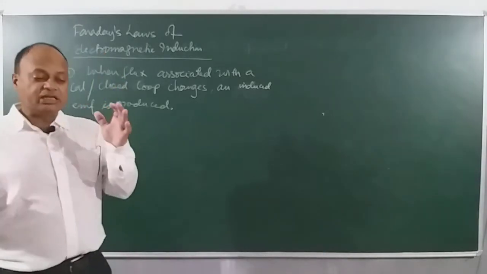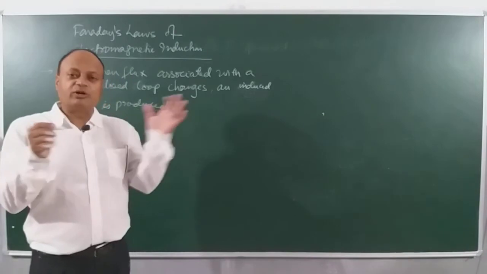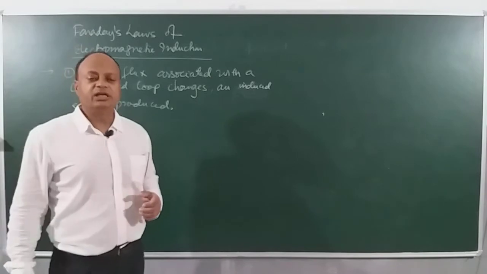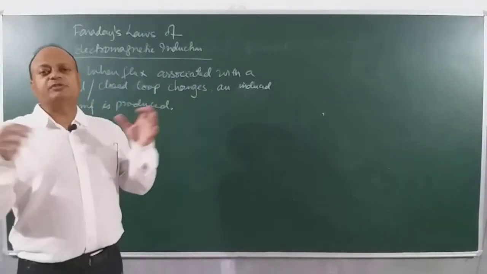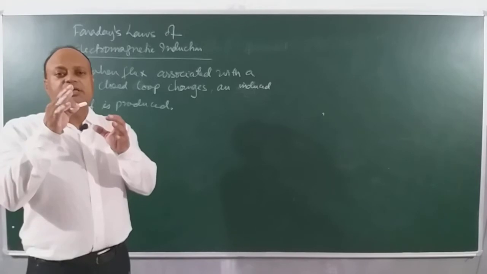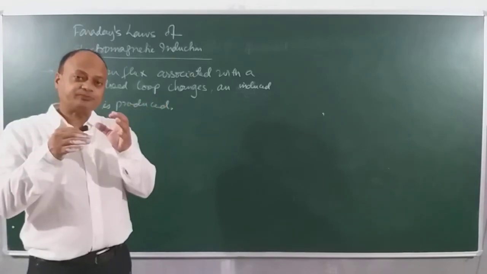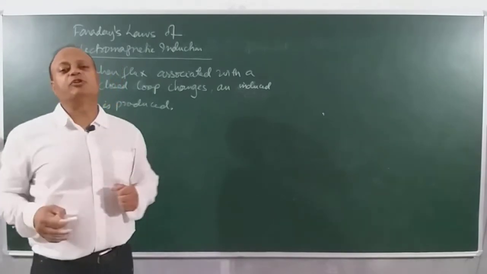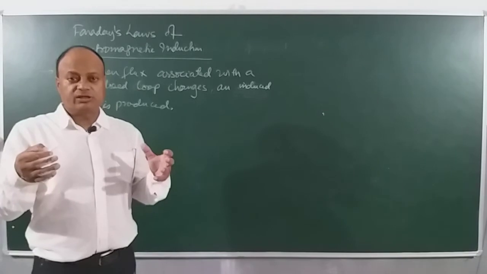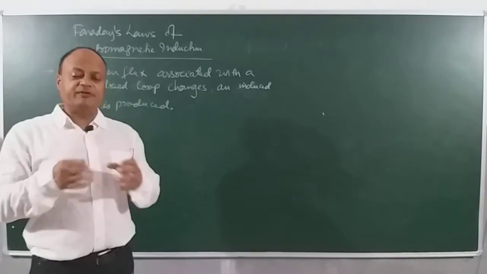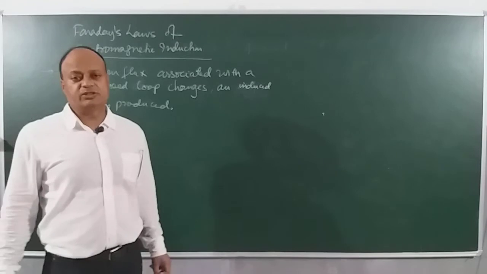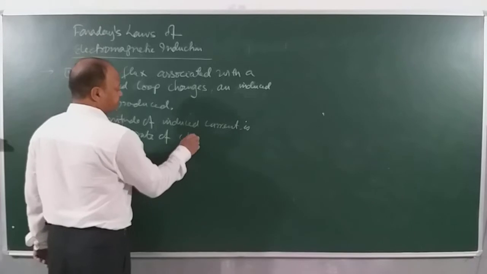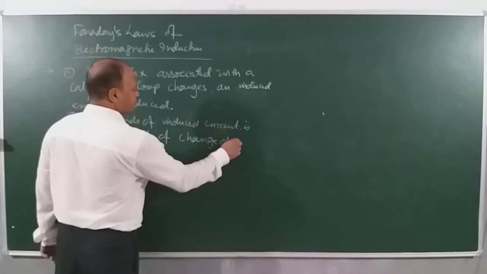Now the second law says that if you move the magnet faster, or you move the coil faster, or you move both faster, in all these cases you are having a greater rate of change of flux. So he said that if the rate of change of flux is faster, then the induced EMF will also be large. Faster we move, larger is the EMF, therefore larger is the induced current. Okay. So we will be writing the second law, number 2. Change of flux.